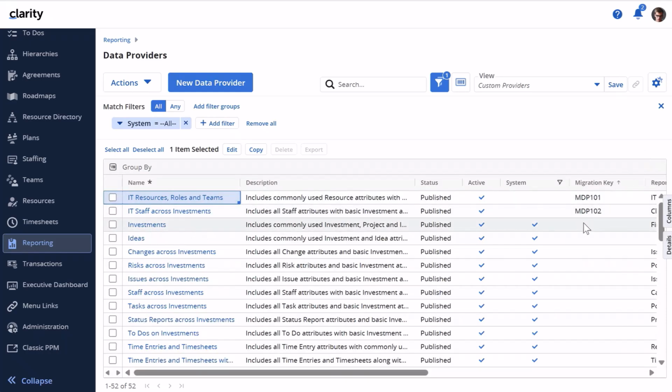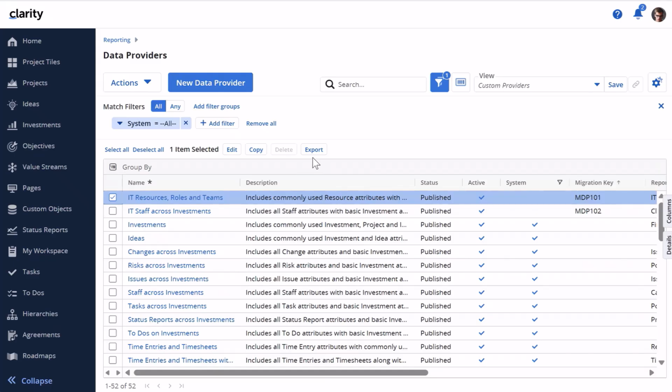And this value can be updated manually for any data providers that you want to export. You would just manually populate it like I did here for this data provider. For system data providers, note that the migration key does not allow updates. This migration key has to be unique in the data provider grid. And now that I have this populated for this non-system published data provider, you can see that the export button